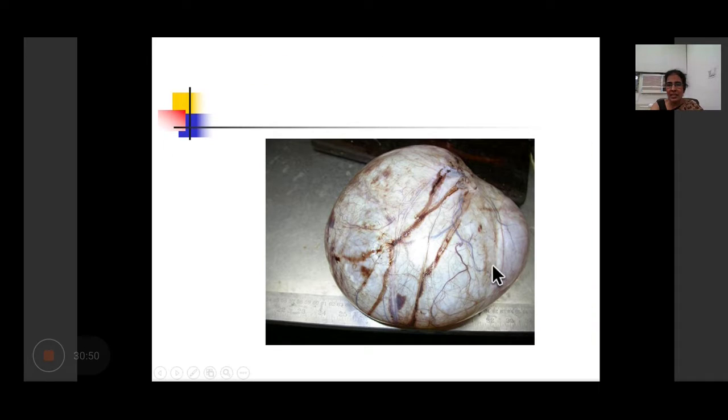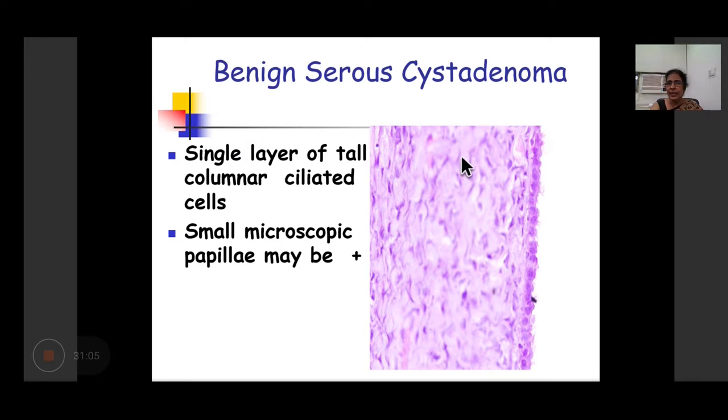So this is a large serous cystic tumor which we have seen. You can see the capsule is intact, but there are prominent blood vessels on top of the capsule, which is pearly white in appearance, which is the capsule of the ovary. And in the benign ones, we get a single layer of lining epithelium on a fibrous wall. So there is a thin fibrous wall of 1 to 2 millimeters in size, and you can see the columnar to cuboidal epithelial cells with cilia on the surface.